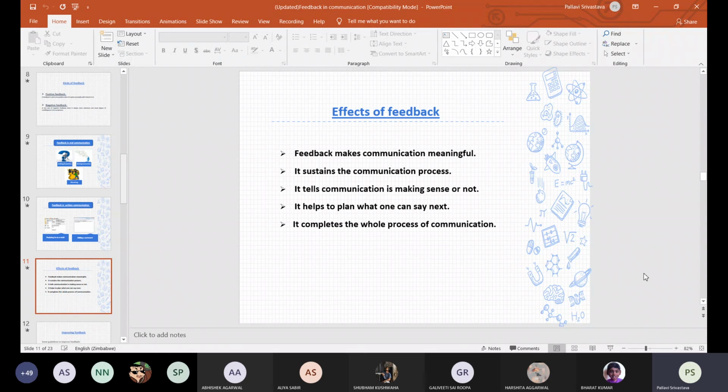When we say this, feedback can be negative and positive both. It can happen that you had a meeting and you had a presentation and even then you get rejected. Then the process is complete. You have got your response there. That can be a negative response, but that is a response. So feedback is there, and in this way your whole communication process will be completed.